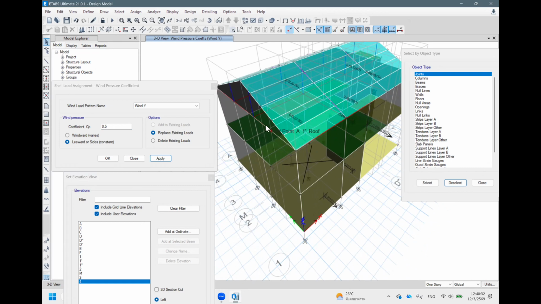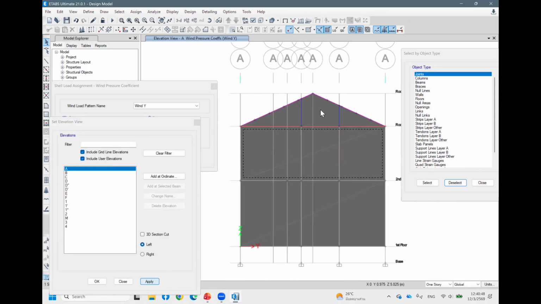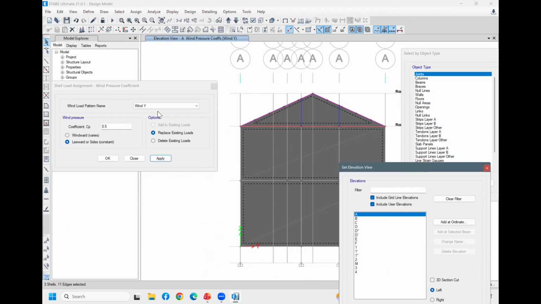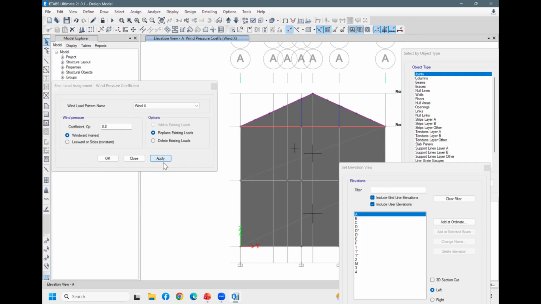So now we're going to apply the load in the X direction. So assume this is the windward side and the other is the leeward side. So this is line A, elevation A, click and select all the wall. And now assign to be windward. Change to X, apply. Okay. And then elevation E,